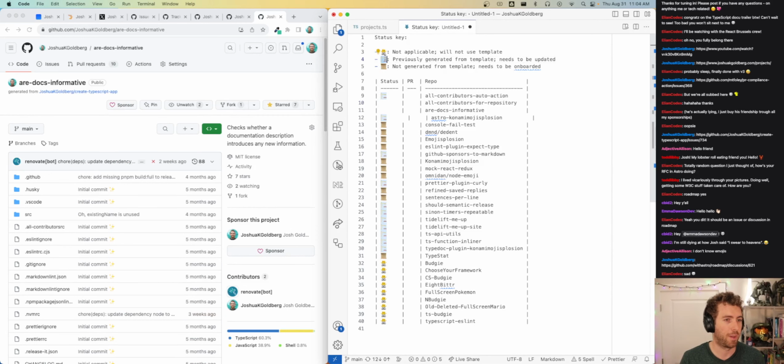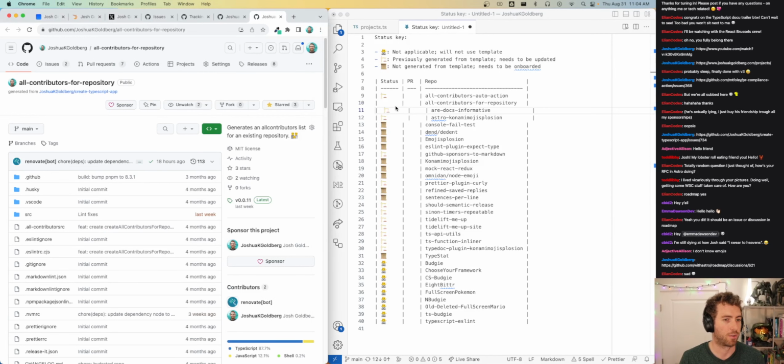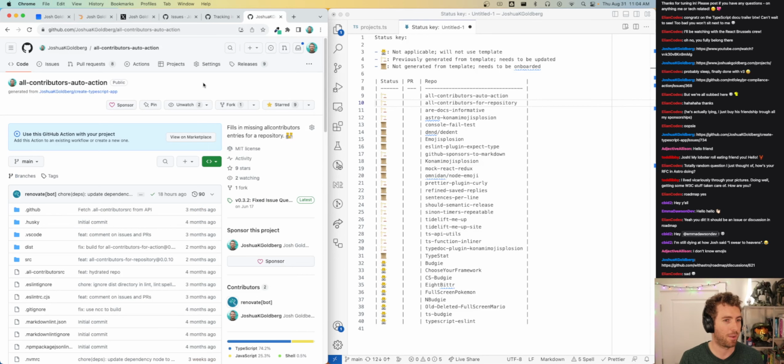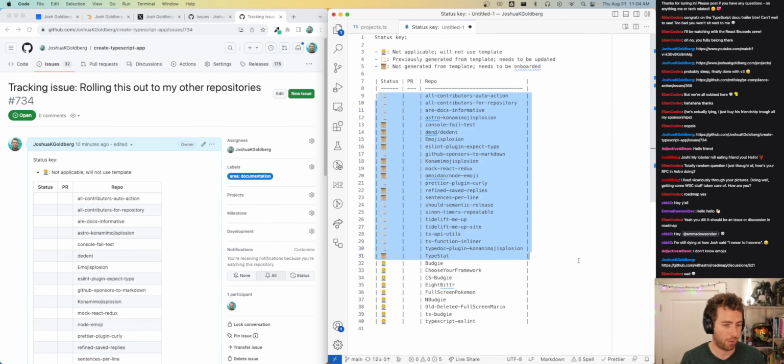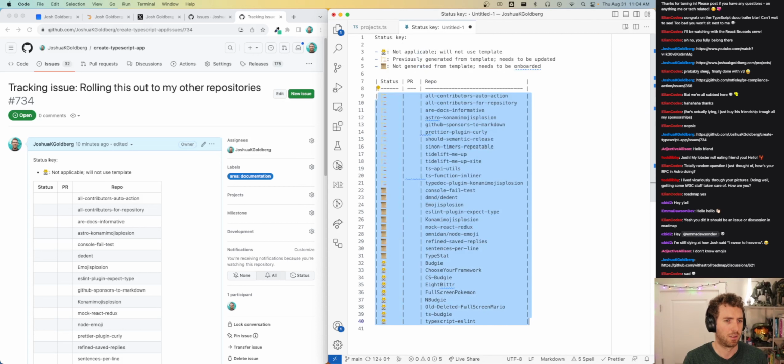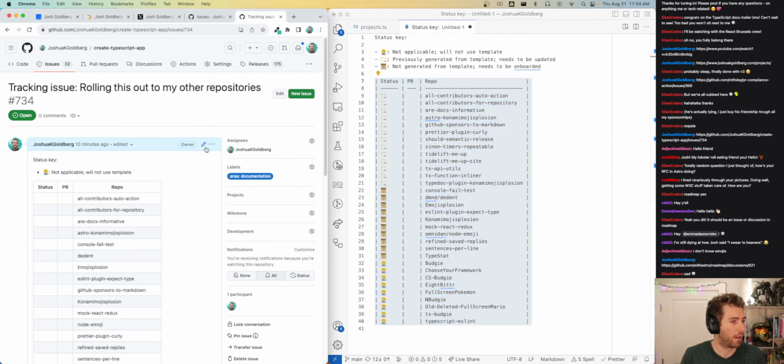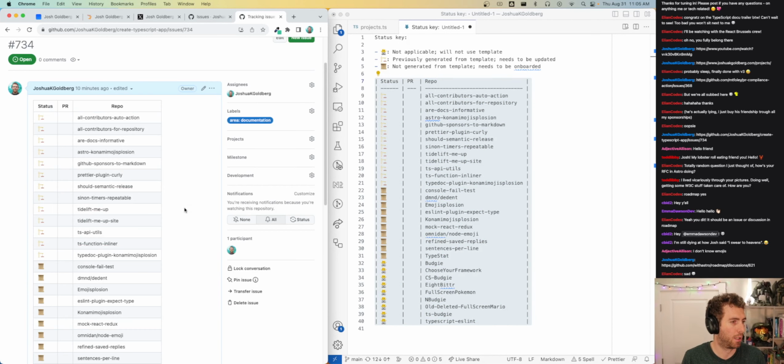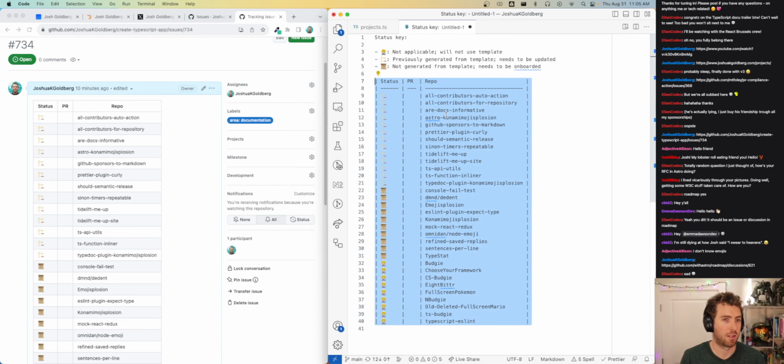Anyway, our doc's informative. All contributors for repository. Well, look at that. So many repos are on the thing. Very nice. Wonder what sort will happen with these. Sort lines ascending. I'm satisfied with this sort. Sorting emojis alphabetically is just, in my mind, undefined behavior. I'm sure there's logic behind how they get ordered. All right. So that's cool. Updated. Let's start on